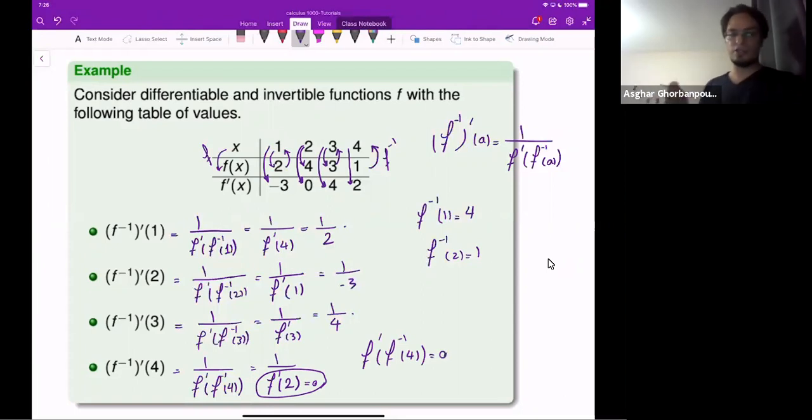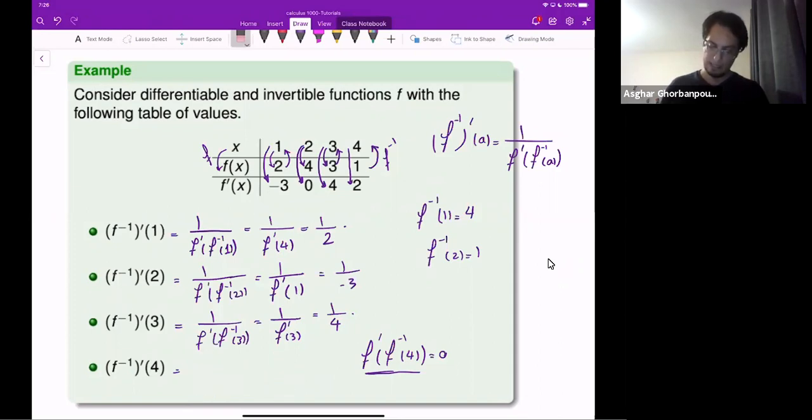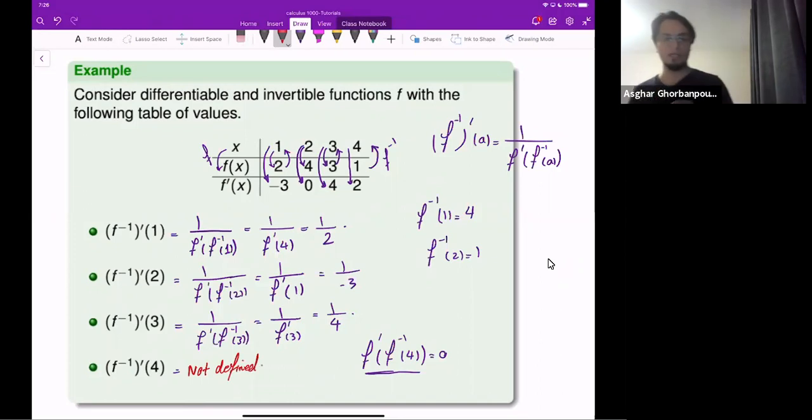And the inverse function theorem says that, well, for those values, I don't have anything. And indeed, for the values for which f prime evaluated at f inverse of that value is equal to 0, the function f inverse is not differentiable. So it means that f inverse prime at 0 is not defined. So the derivative at that point does not exist. So the f inverse prime is not defined at that